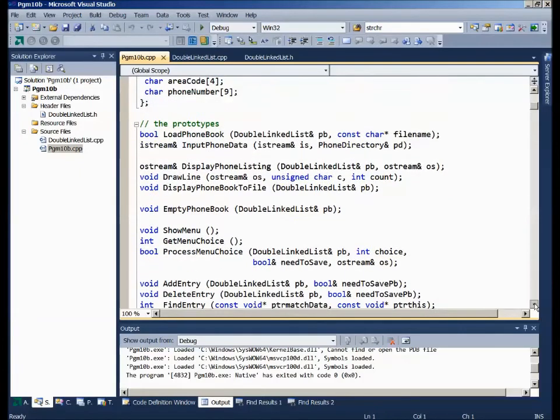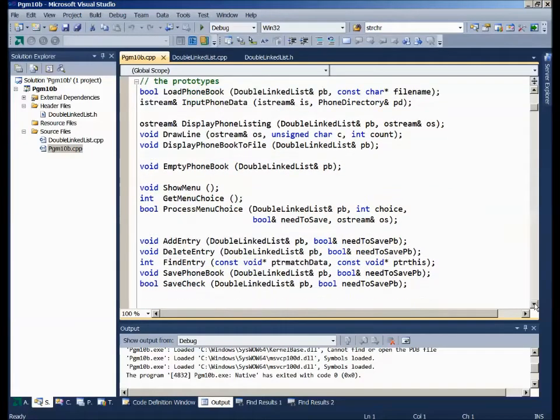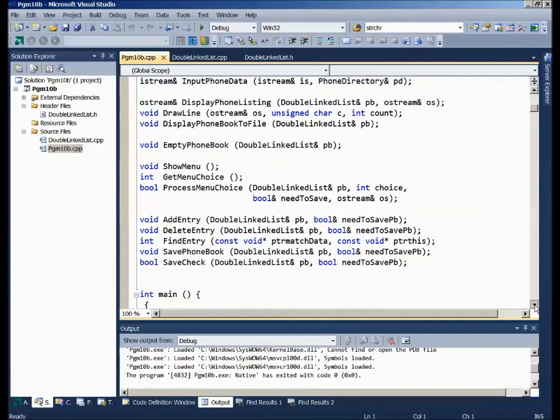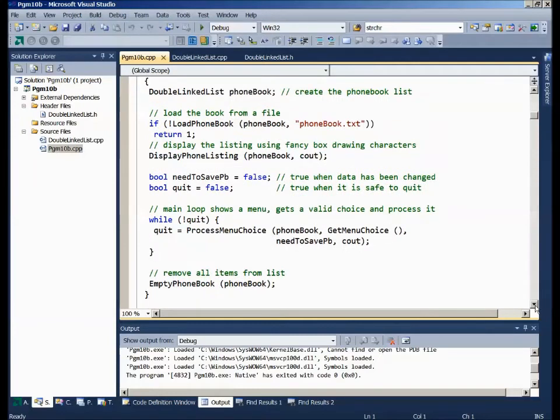The program is rather sophisticated, and we aren't looking at the whole thing today. We'll pick up more of these functions in subsequent debugging lectures, but for today we'll be able to load the phone book. It will need to input 1 set of phone data at a time and load up the list. We'll be able to display the fancy phone book, empty it out. We're going to have a menu of things to choose from, namely being able to add another friend to the listing, delete a friend. We'll be able to look up a phone number, save it, and that sort of thing. I did not provide us an update function. And the main program then